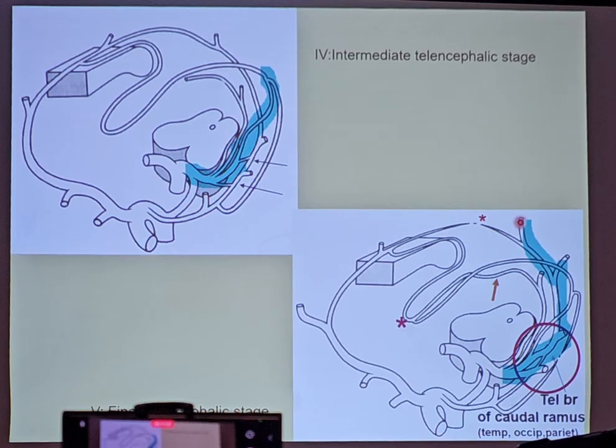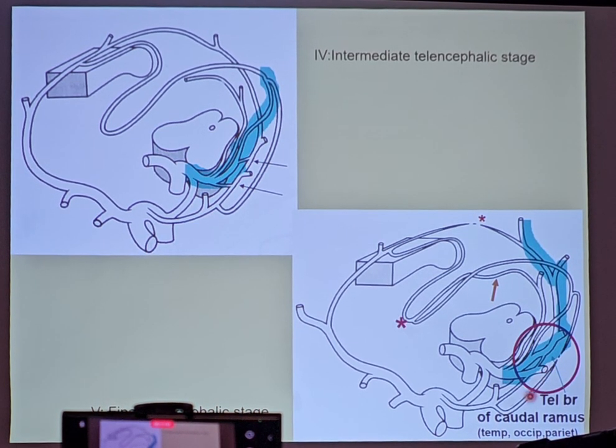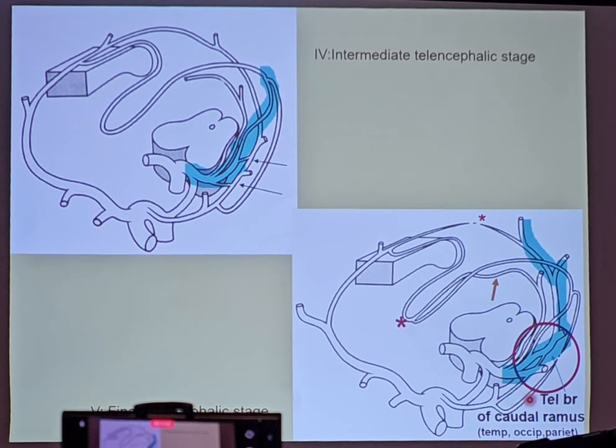Eventually this becomes quite well developed, these anastomotic channels between the posterior cerebral and the anterochoroidal system become very well developed, and there is an atrophic regression of the size of the telencephalic branches of the